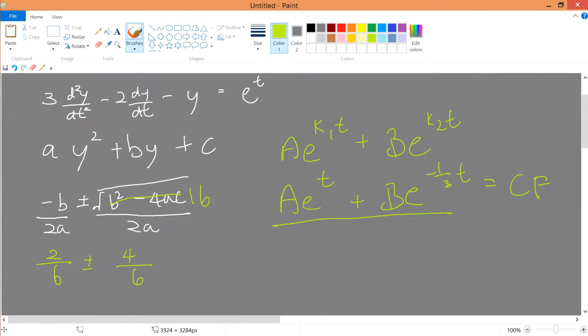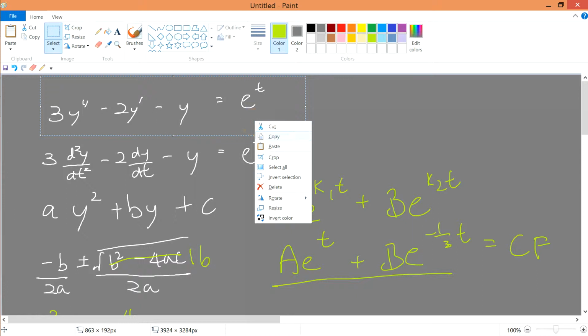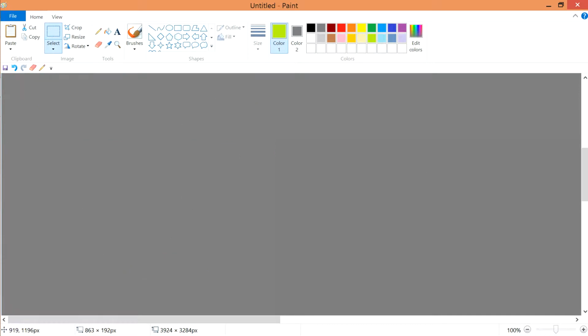Alright, so after 6 minutes of me just talking, if you feel that it's pretty boring because you already know all this, then let's talk about the particular integral in this case. Now let's solve for the particular integral. For the particular integral, this guess function for e to the power of t, what it is